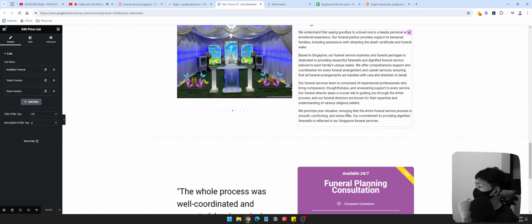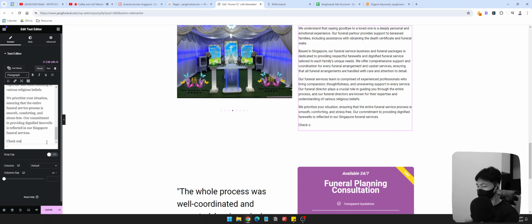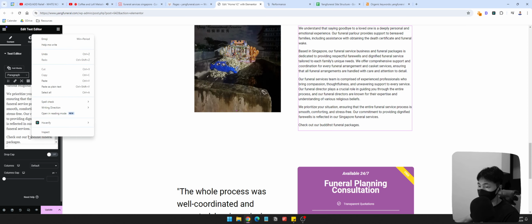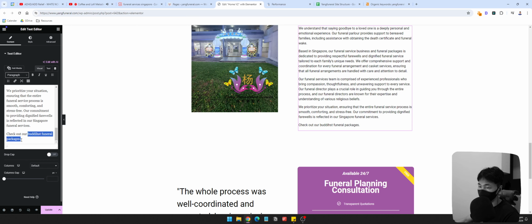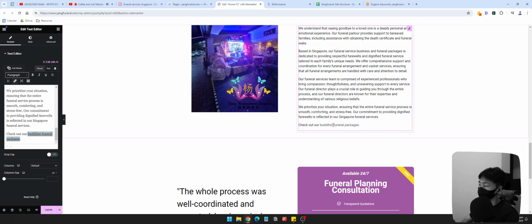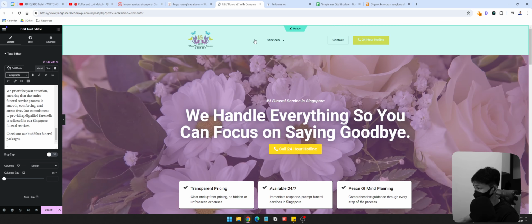But if you are linking out, let's say for example here, "Check out our Buddhist funeral packages." Okay, and then this is the exact anchor text you want to use to internal link out to your Buddhist services page. So this is what you want to do. But this kind of opportunity happens more when you have a lot of pages. But because the site that we're working on is very heavily focused on the services page,